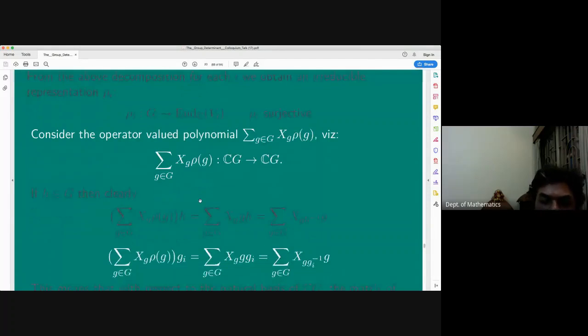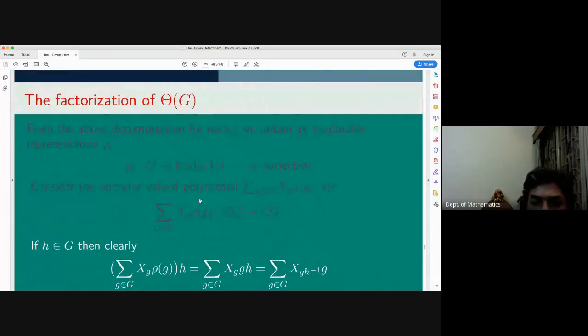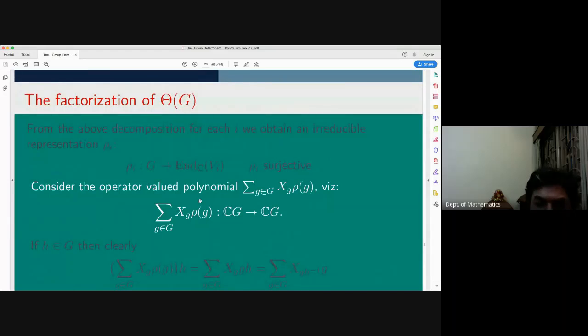Okay, so the idea is very, very simple. I think it will take me 2 minutes to explain it. You come back to these variables x_g, one for each element of the group. Now what you do,